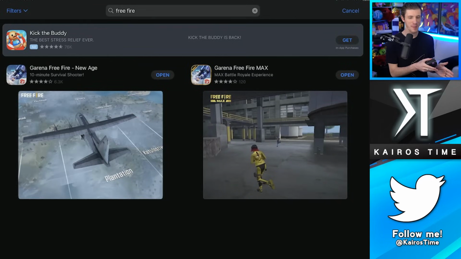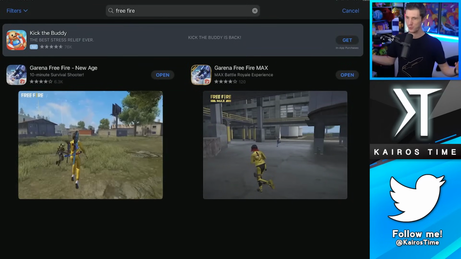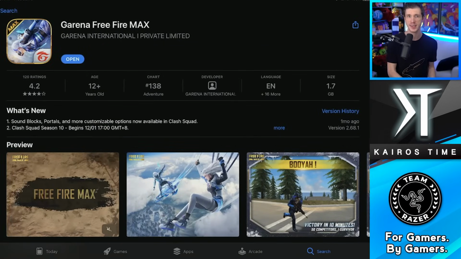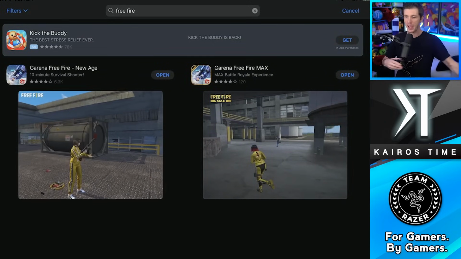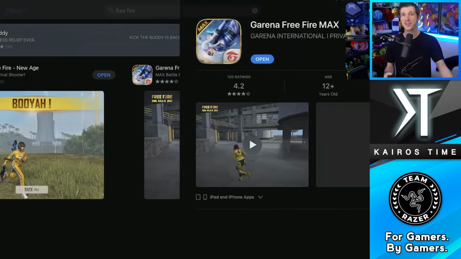Tip number 8, if you have a higher end device, download Free Fire Max. Free Fire Max is pretty much exactly like Free Fire, but the graphics are ramped up and it will make the gameplay feel a lot smoother on better devices. There's no difference between the apps outside of graphical performance, and you can swap your account back and forth between the 2 of them very easily, but it also comes with some additional improvements other than just the graphical stuff,